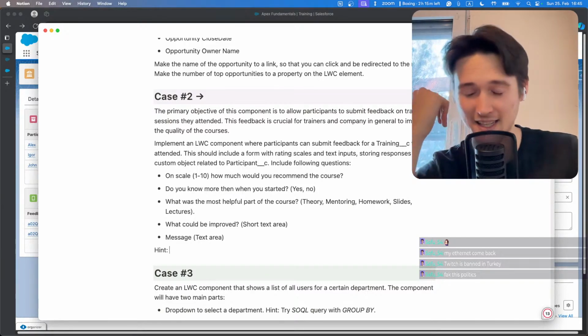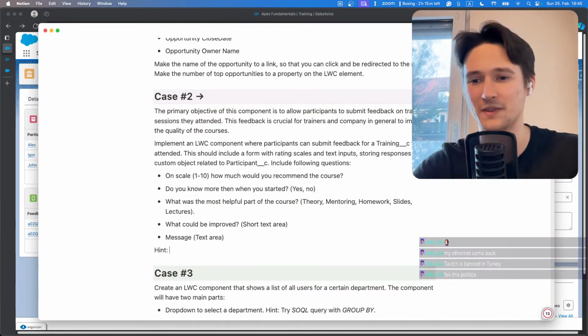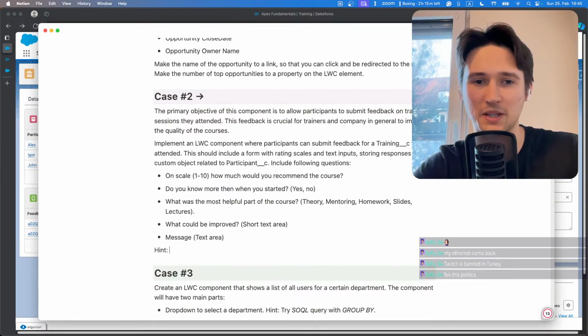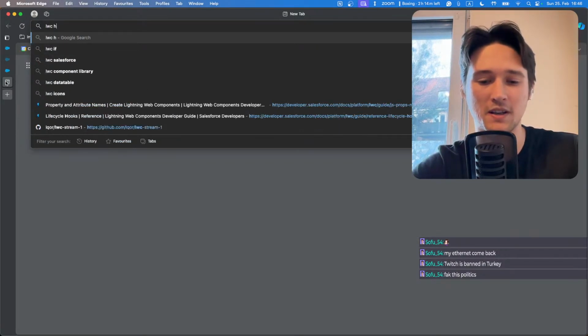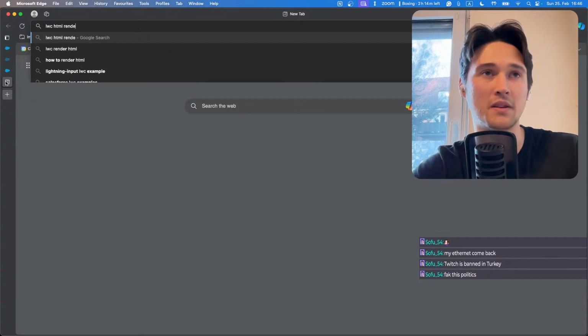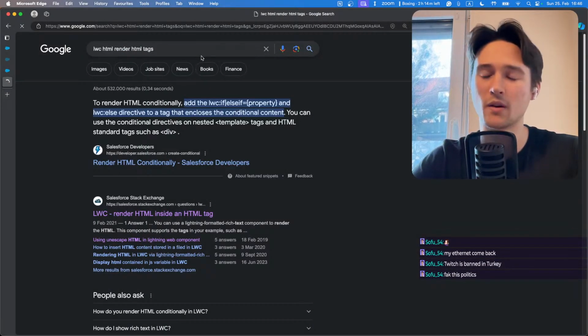I think it should be a solvable problem because I remember solving this problem a couple of months ago for another thing. So it should be solvable. Just Google how to do it. I'm sure there are solutions. It's like LWC HTML render HTML tags. Well, oh, you know what? You can go